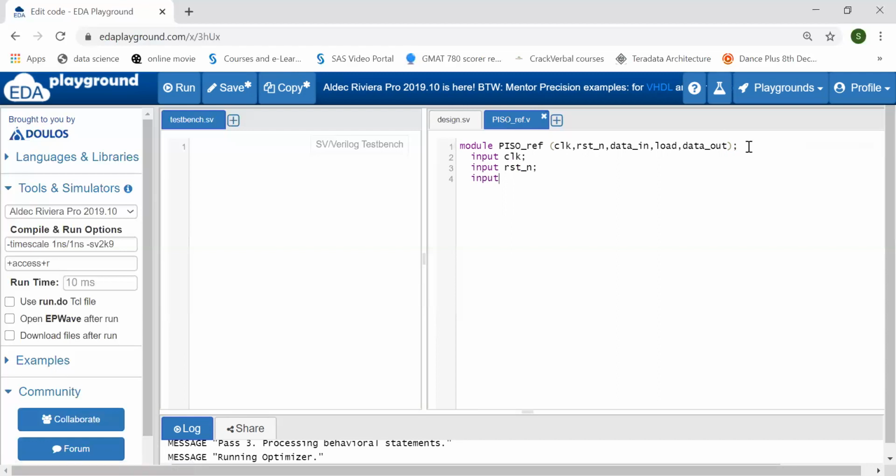Here I will be using parameters, because I am writing it for n bits. So I can write parameter n equal to, let's say, 4. Now input n minus 1 down to 0 data in, now output data out.